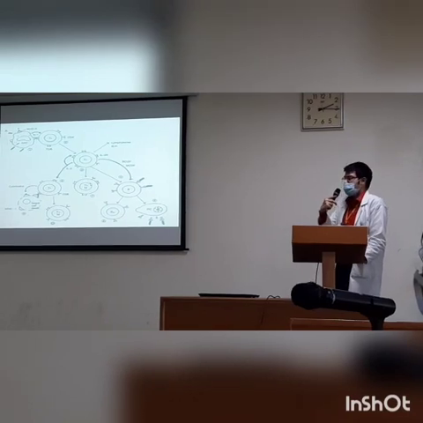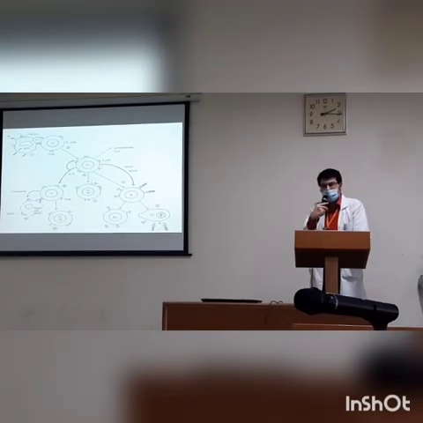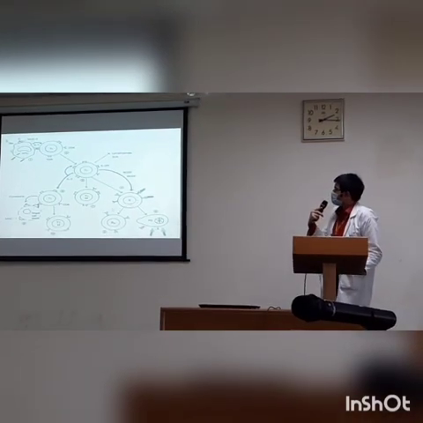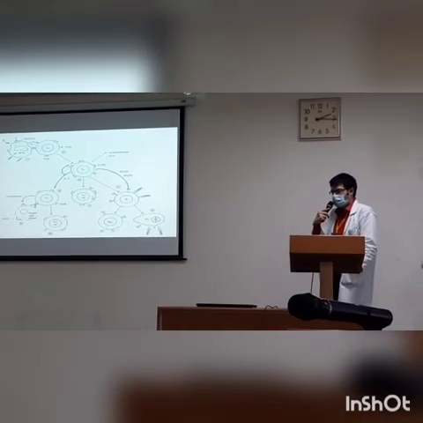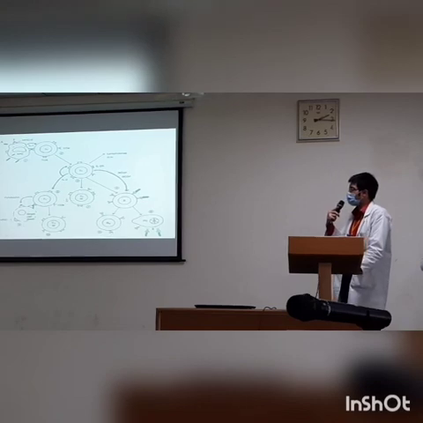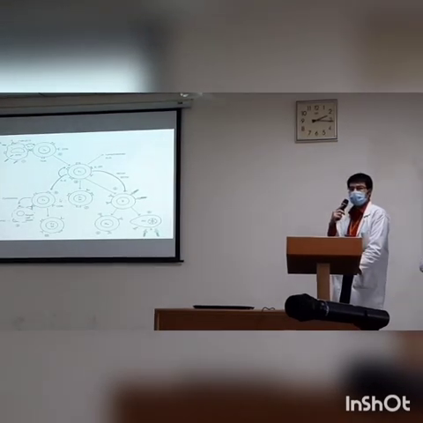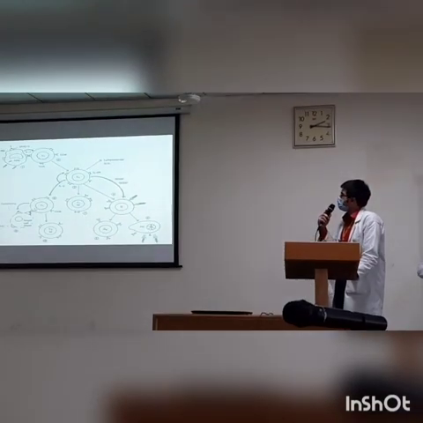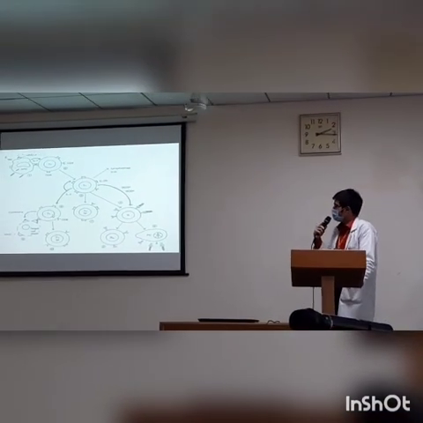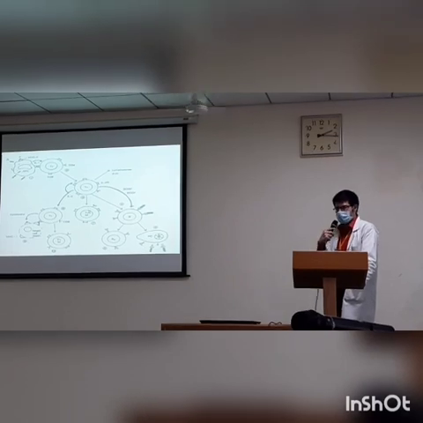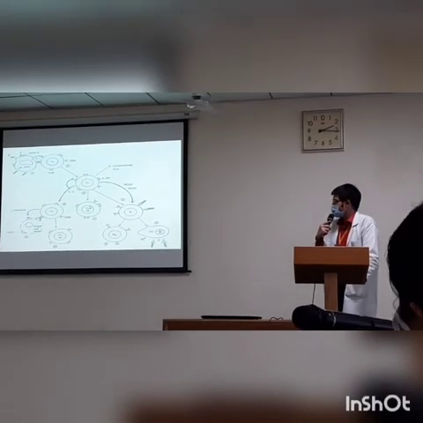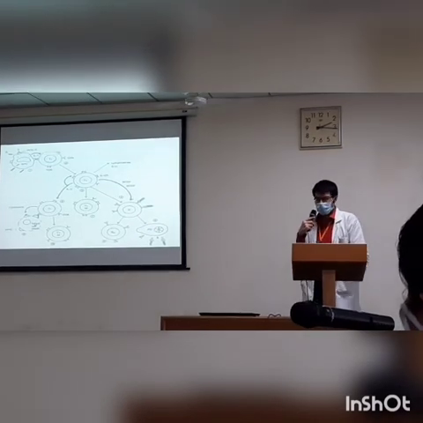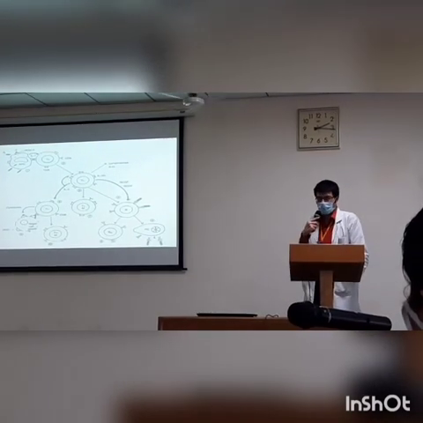Interleukin 2 acts on the same T cell that's producing it and on the other T cells itself to sort of cause a differentiation which allows it to produce effector T cells, memory T cells, and even causes an activation of cytotoxic T cells. So it activates the cytotoxic T cells and causes the differentiation into effector T cells, memory T cells. And these cytotoxic T cells then go about causing the cell death through the major histocompatibility complex 1.